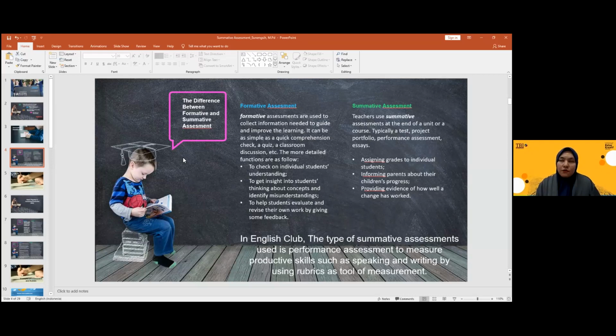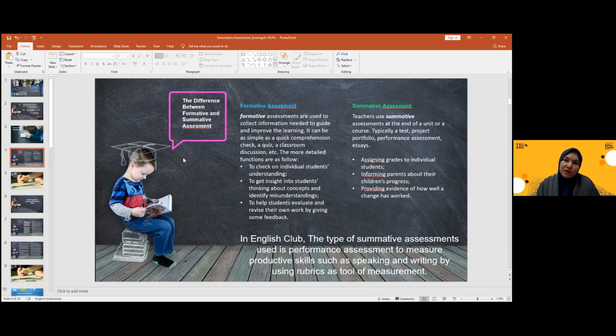In the context of English club, this summative assessment can be used to inform the wali class, in our Indonesian word, about the students' progress when they follow this extracurricular activity, and also to provide evidence of how well a change has worked. And in English club, the type of summative assessment, remember what I have given to you in the first